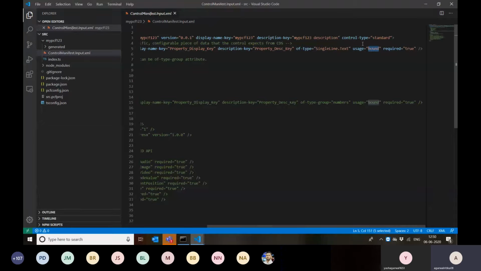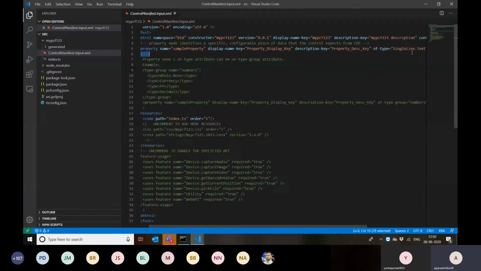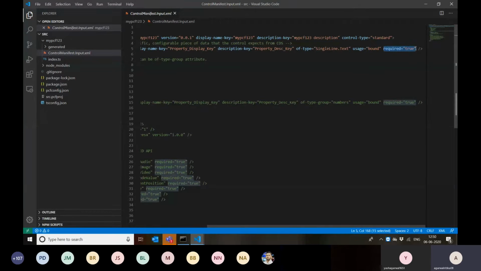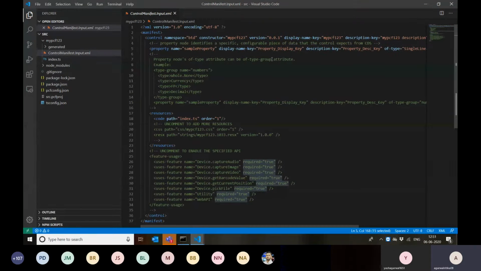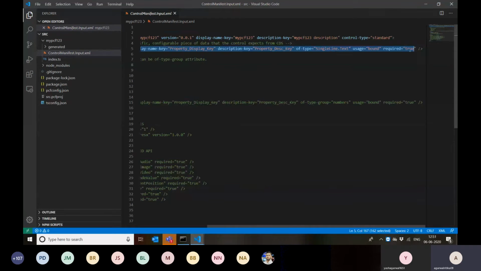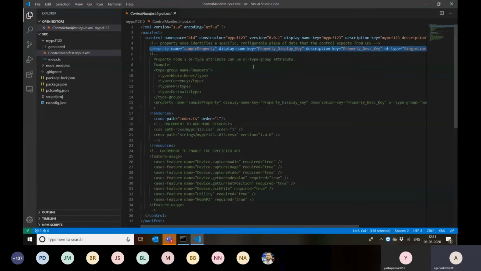So if we have an output property, we can define this usage as output. And then finally, this property required equals true is like, we can have 10 different properties, but let's say I have a requirement, I want a specific property A to have some data. I can flag it as required here in the code, and whenever my PCF is in run mode, we can expect that until this parameter is complete, it is going to give some error. So this is how we can mark something as required as well.